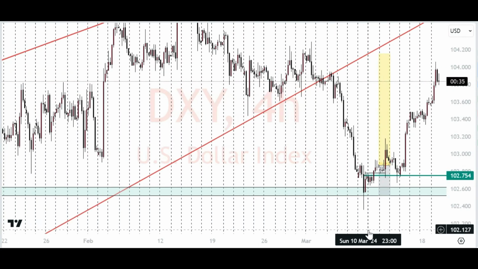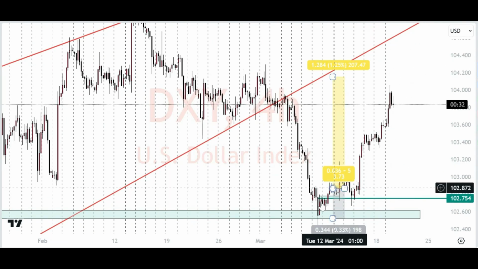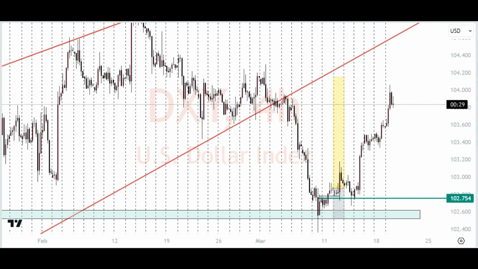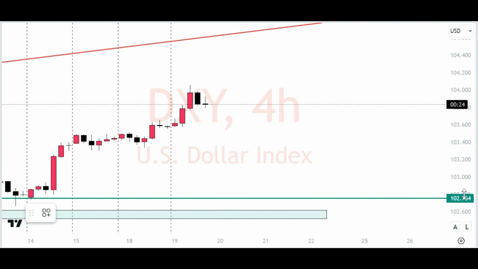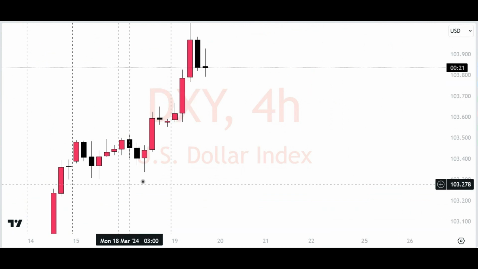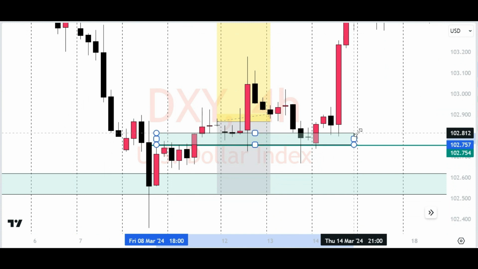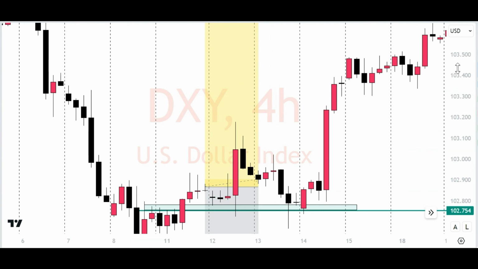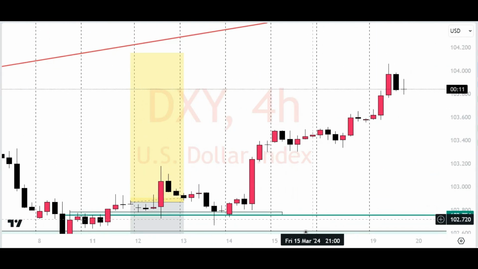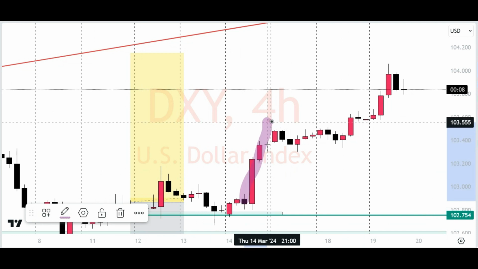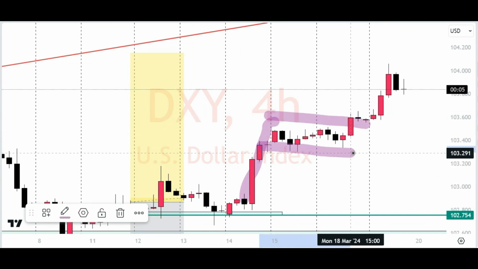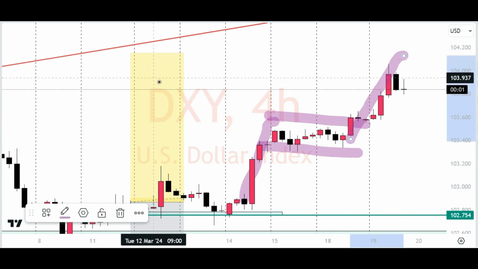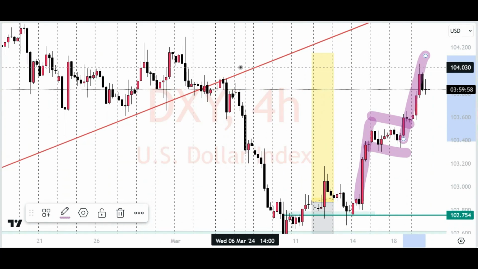The dollar index literally went up from the area that I would have loved to see it go up from. Let me just zoom in. If you can see this area right here that I'm stretching, okay, market literally went up from that area. It shot up from this area. Market shot up, created a little correction, continuation pattern, and then it shot up again, and it shot up to